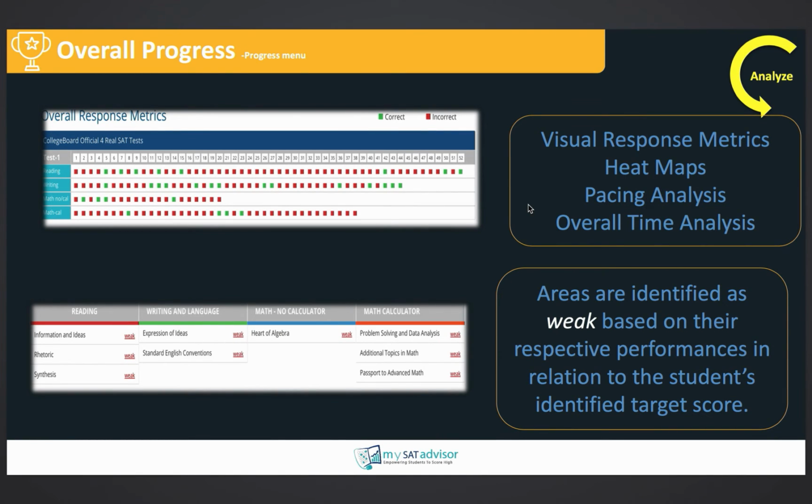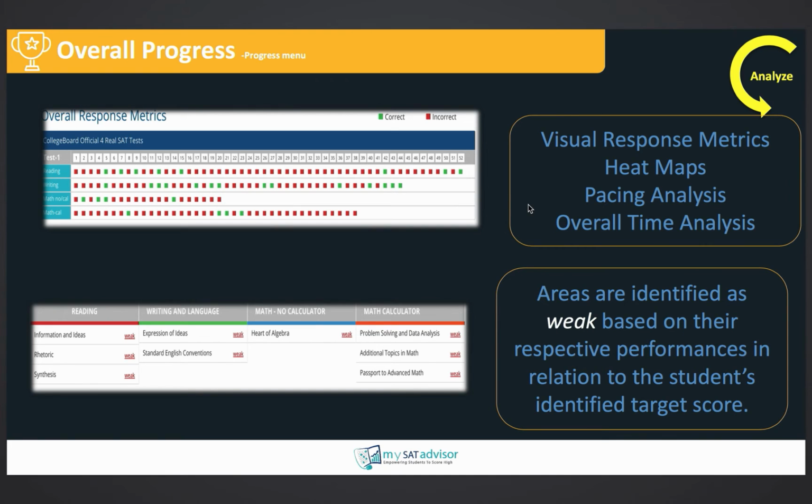And finally, we get to our performance metrics. On the bottom, we will see our heat maps. What the heat maps do is they basically tell a student what their weak areas are, purely numerically. So if I enter my target score at the beginning as 800 out of 1600, that comes out to about 50%. So any subject area where I answer 50% of the questions or less is going to be marked as weak, because the software will identify that I need to get more questions correct in these areas in order to reach my target score.